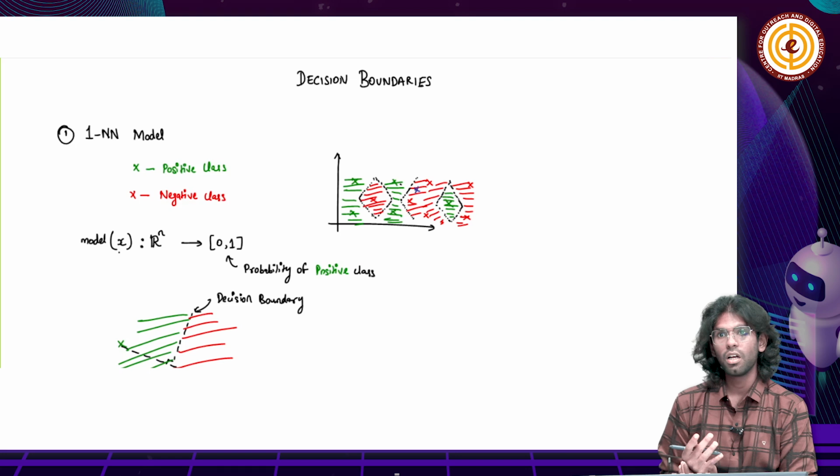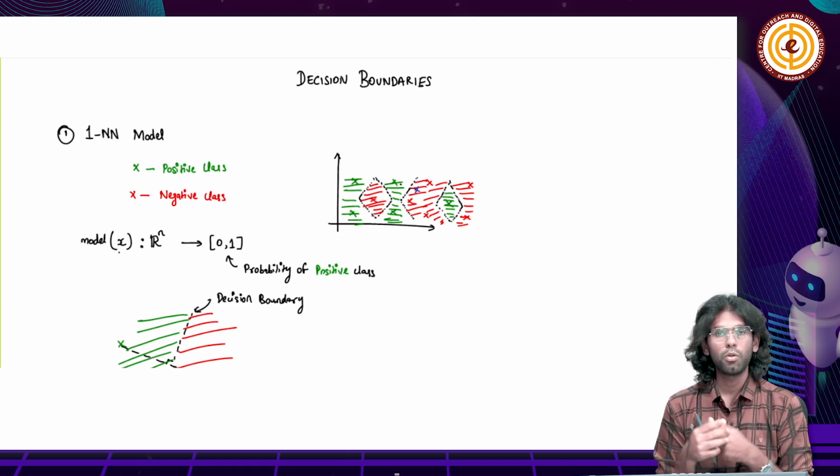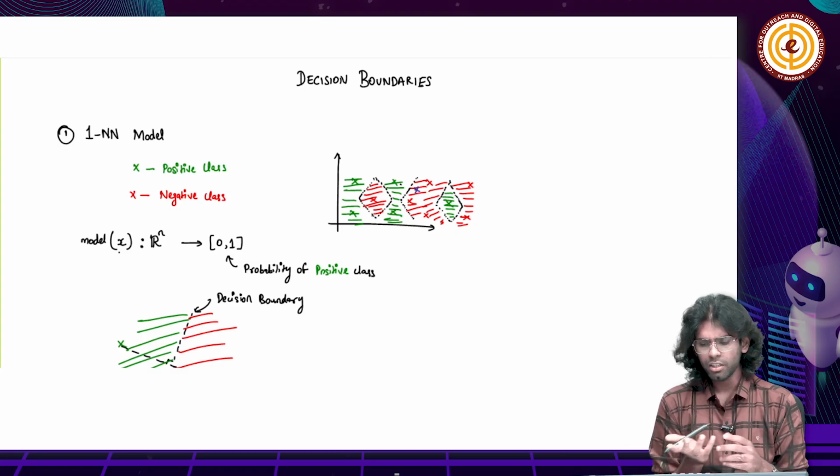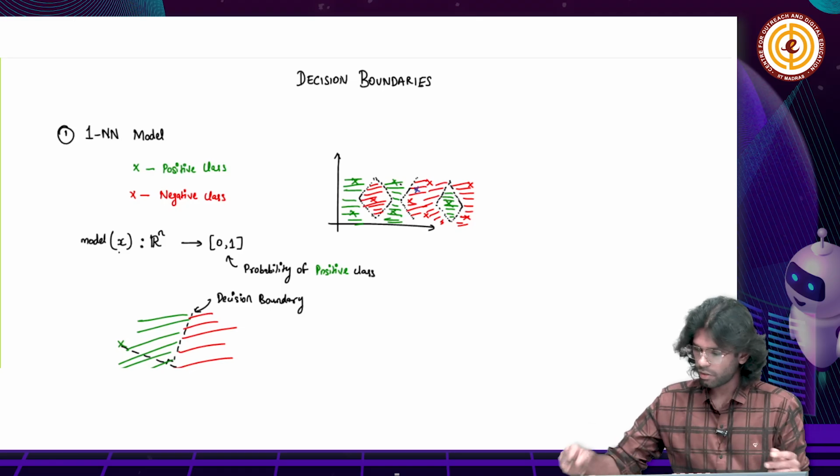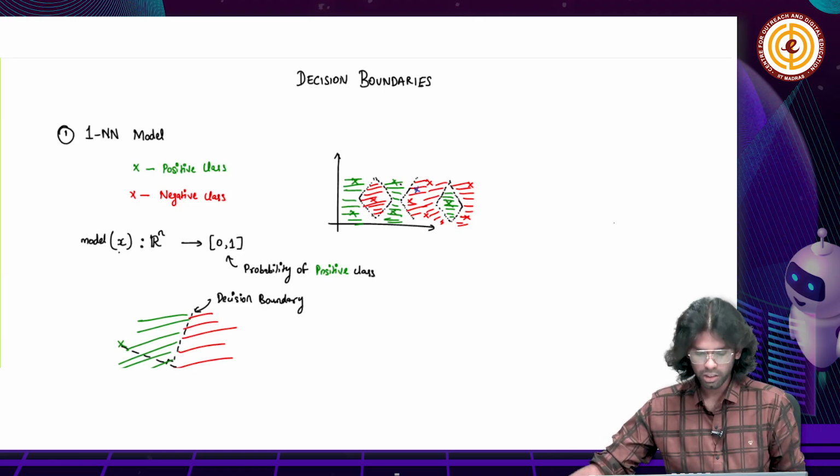This is how the decision boundary for a one nearest neighbor model looks. I urge you to think about the cases where k is increased, to 2, 3 and so on. It's a good thing to think about. We'll also now demonstrate this particular thing in Orange, how you can